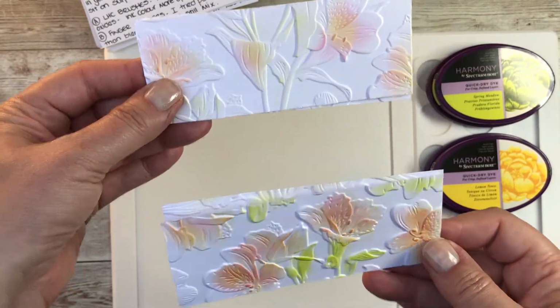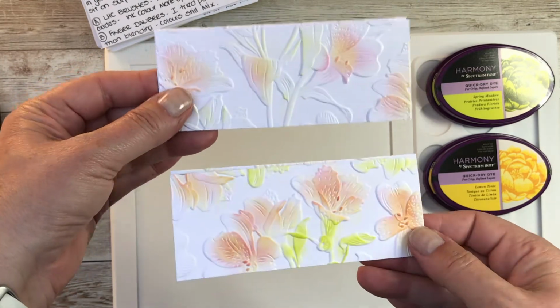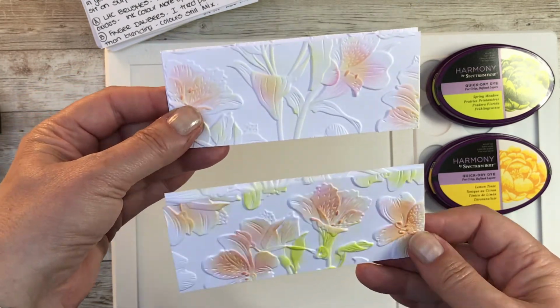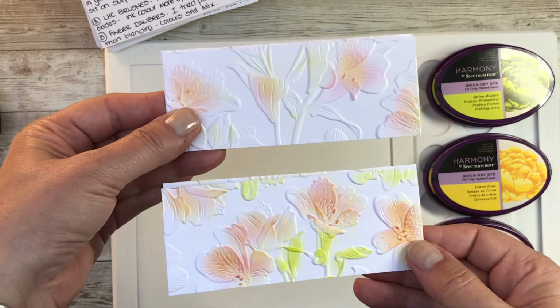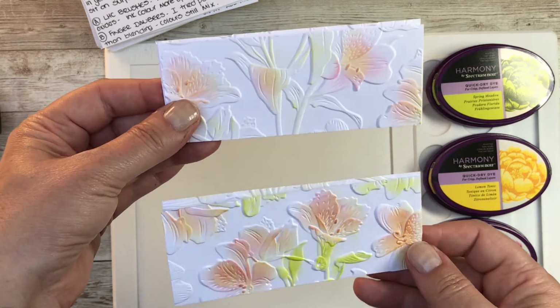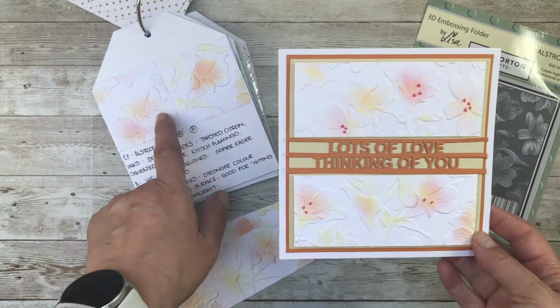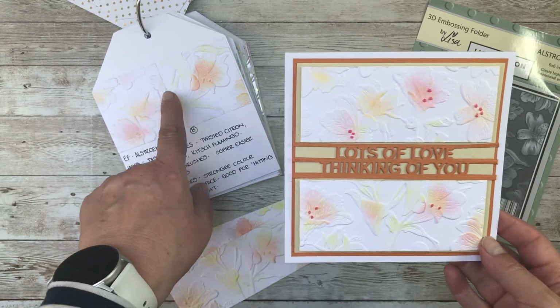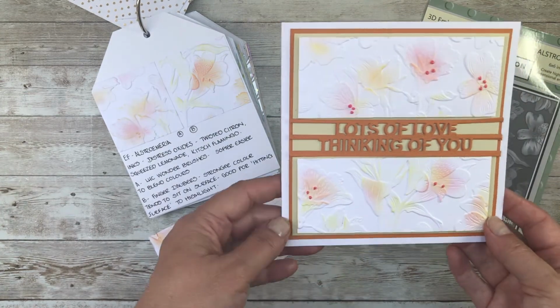These are the oxides and these are the Spectrum Noir. So as I say, it's not really a technique so much, it's more to show you that you can get similar effects, just different ways of doing it, and slightly deeper shades of colour. I ended up using the brushed Alstroemeria rather than the daubers, so I'll save these ones for another time, but